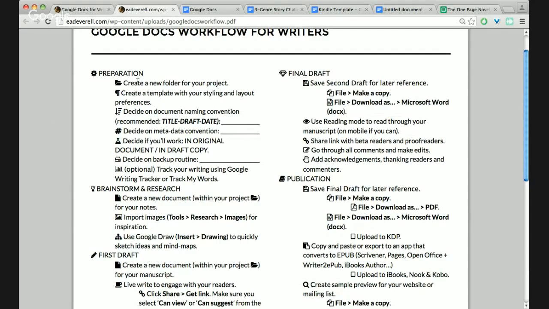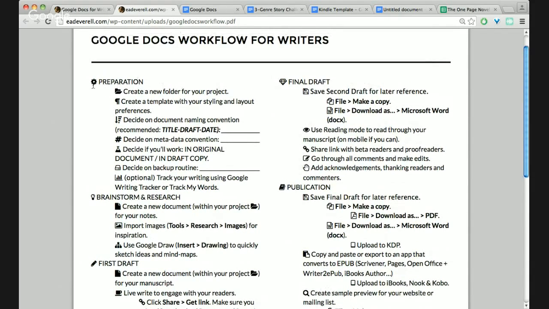So here's my workflow, and I'm going to be going through this step by step and showing you as much as possible how to do these things. It's one thing reading it, but it's another thing, I think, to see someone do it. So I hope this will help. And I did get a couple of requests to do this, so I hope that this will be of benefit to you all. So I start with a little preparation section here, and the first thing I recommend is that